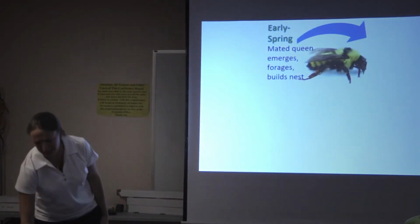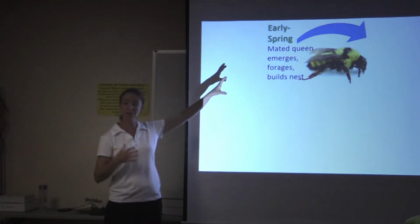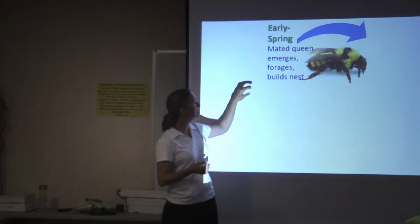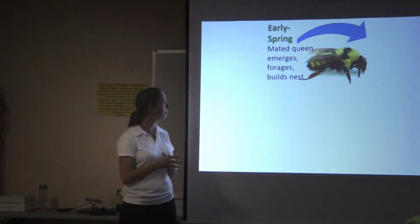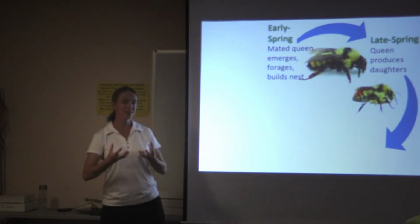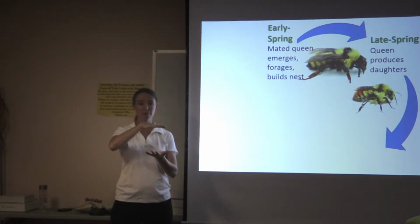And the life cycle of these is a little bit different than the solitary bees I was talking about. In the early spring, a queen that was born the year before and actually mated in the fall emerges. She commences foraging. She builds a nest, usually in a rodent burrow somewhere. They like burrows in the ground, little gopher burrows. She'll climb in there. She'll lay a series of eggs in little tiny pots, each with its own little nectar and pollen mixture. And then she'll sit over the top of them and vibrate her body to keep those eggs